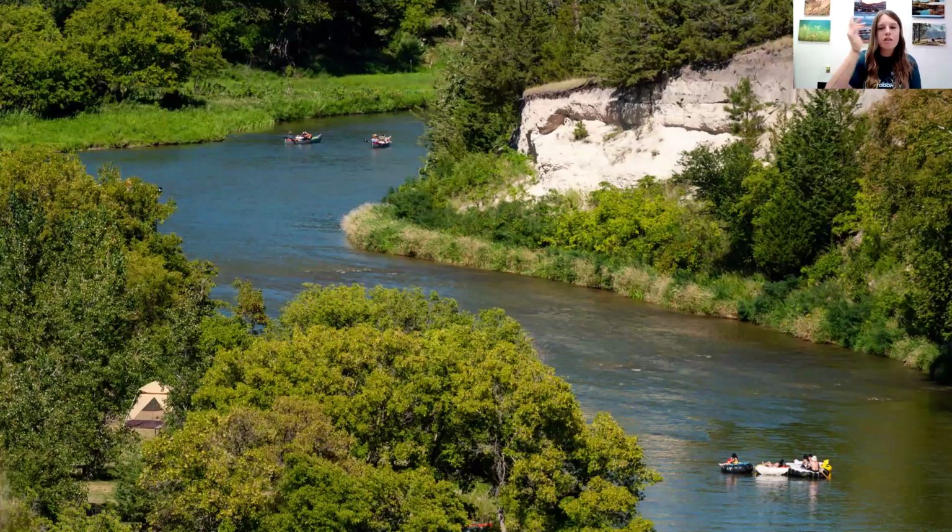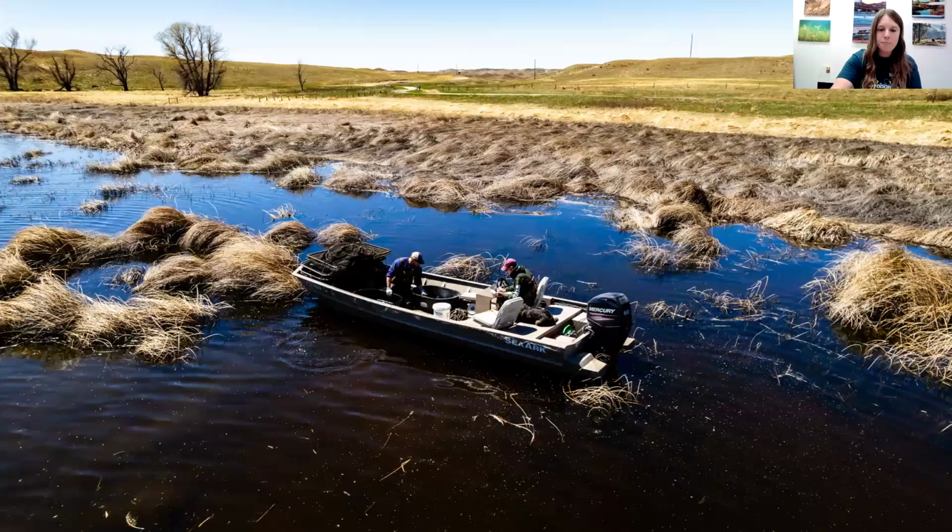And then also here's just another picture of areas in the Sandhills, people doing just various recreational activities. Here's another area. Fishing is another huge portion in Nebraska. So people buy fishing licenses and specifically go to Sandhills lakes to do fishing. So I think that was the last slide.